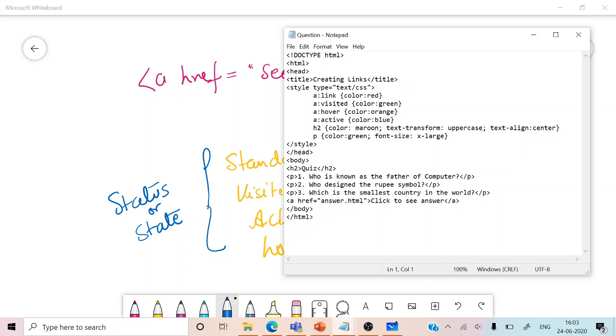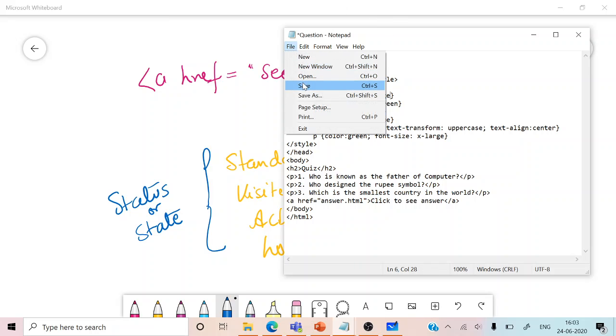Here with the CSS element, we will put a colon link and then we'll put the color. If it is visited, we will use the keyword visited. If it is hover, color. Whatever color we give, for example, if we interchange it with red here, and here we give orange, we should see the change.